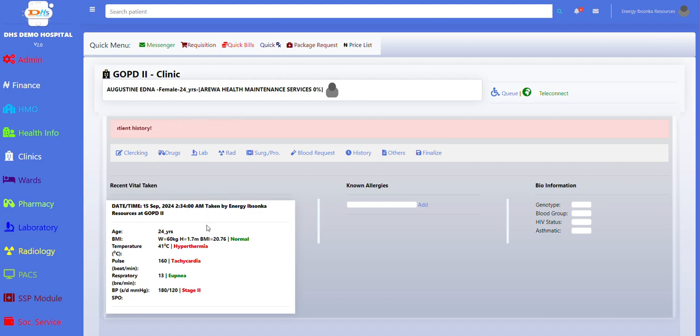If there is any vital taking, the last one the system will show here, despite the fact that there is a window where the doctor can check all the previous vitals that had been taken. But this one will show for the doctor in this area, for him to be able to get hints and information about the patient's vitals. And also we do have these